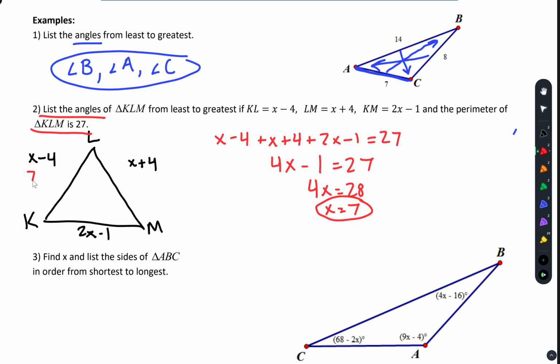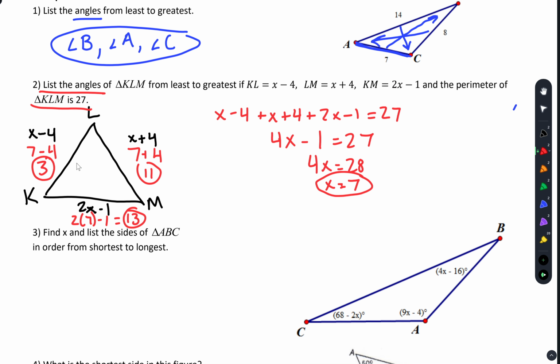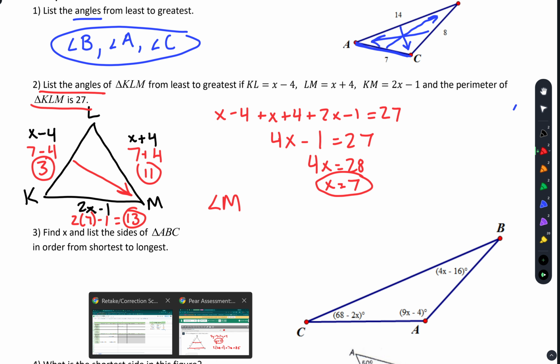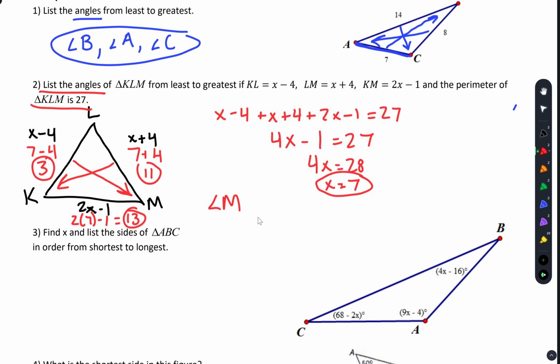From there, now I'm going to plug it in to figure out what my sides are. So 7 minus 4 is 3. 7 plus 4 is 11. 2 times 7 minus 1 is 13. We're not done yet. Now I have to go in and list those angles from least to greatest. So I start with the smallest side, which is KL because it's 3. So the smallest angle is angle M. The next smallest is LM. So that's across from angle K. And the next smallest,